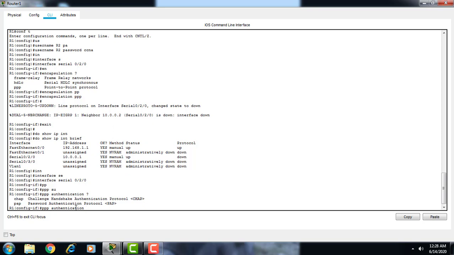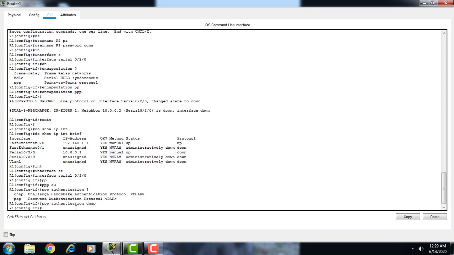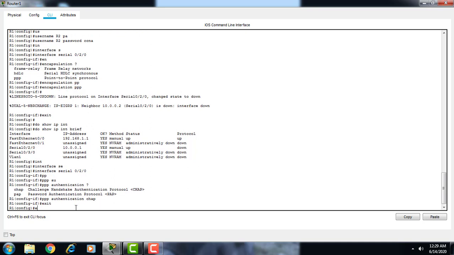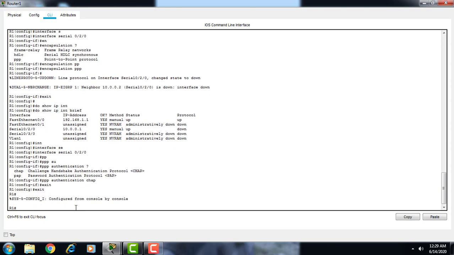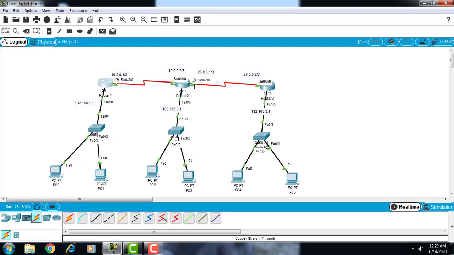PAP sends the password information in text format, so we give CHAP, it's more secure. Exit. Now we have to do the same configuration on router 2.